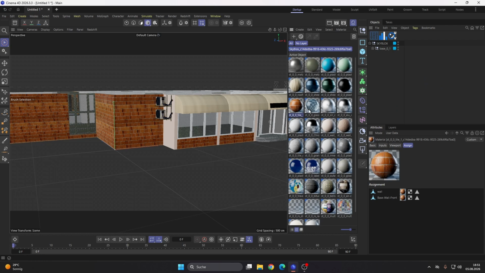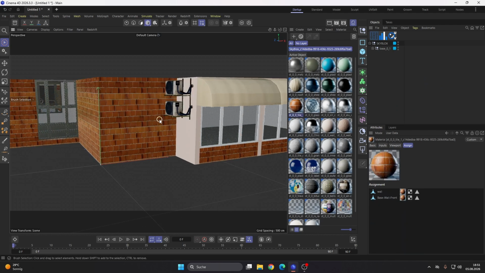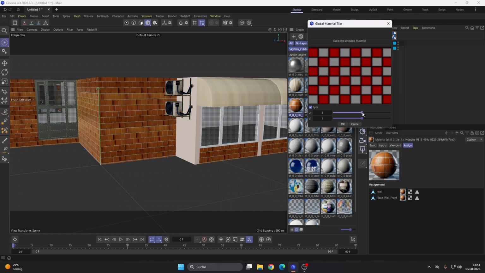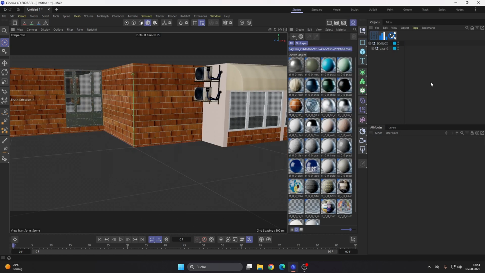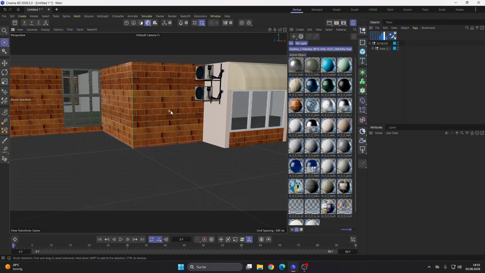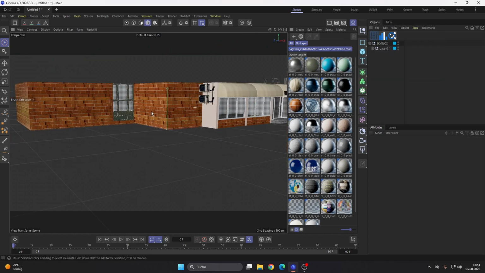You simply choose the texture you want to change the tiling of globally in your document. Start the Mat Tiler, and now you can change the tiling here. It changes completely in every texture tag proportionately. You can also select it and turn off sync, maybe like this. And now you can change the tiling here.